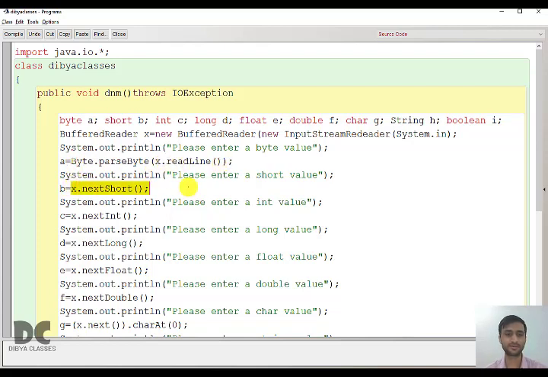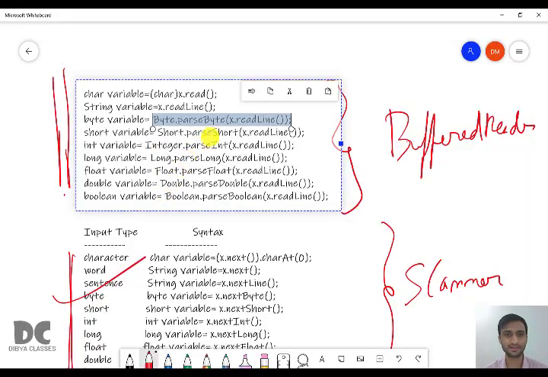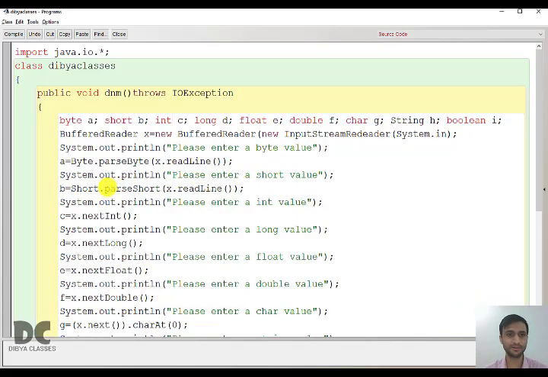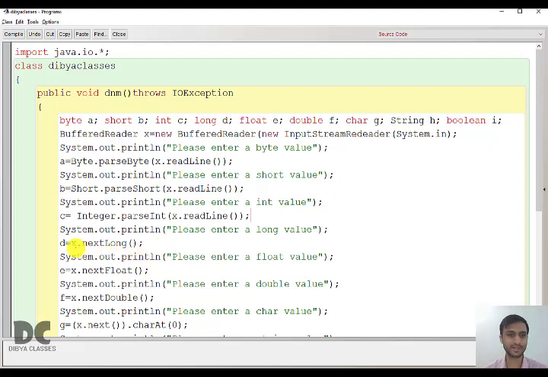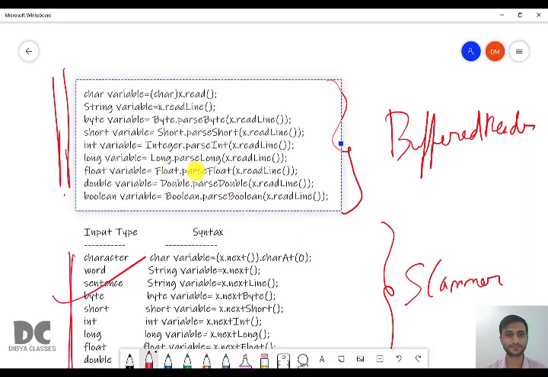Okay, for short you have to write parseShort. If you're taking int, it will be Integer.parseInt. I'll just copy it from here so it will be faster. Okay, you have to remember this syntax. It is a bit longer as compared to scanner, so please remember all the syntaxes.